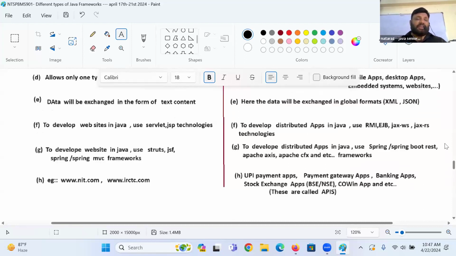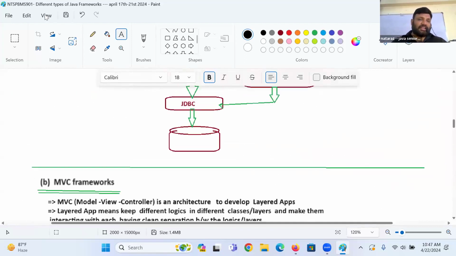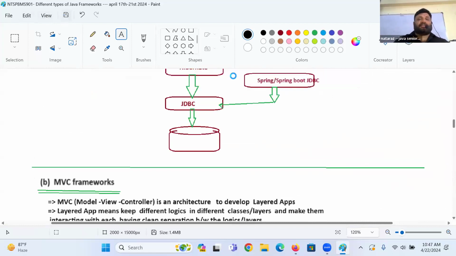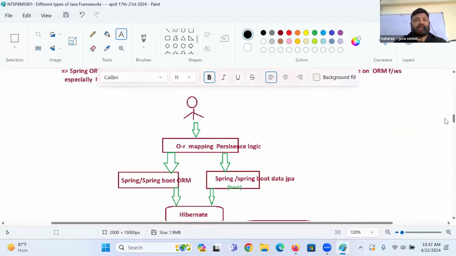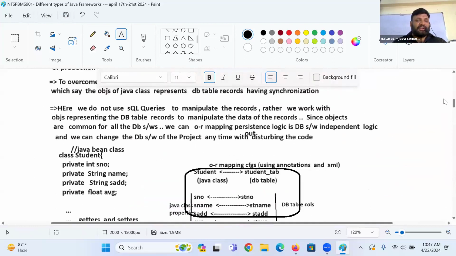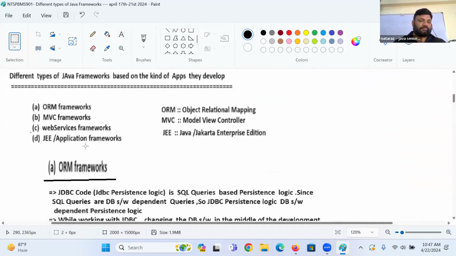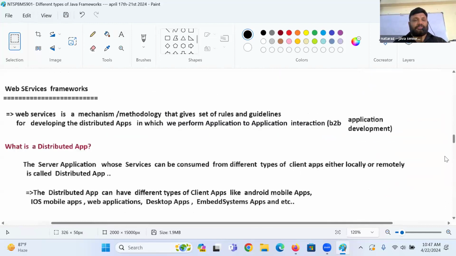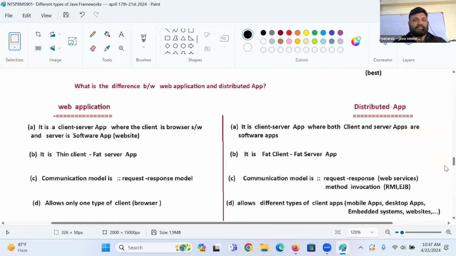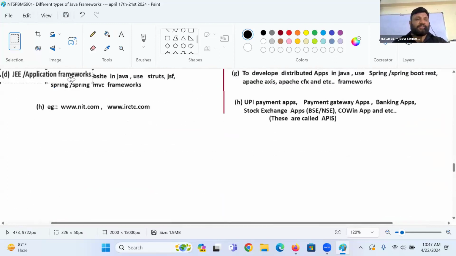What's the last category we are having, guys? JEE framework or application framework. It does not take much time, boss. I will tell why. Because it's a combination of all three frameworks.